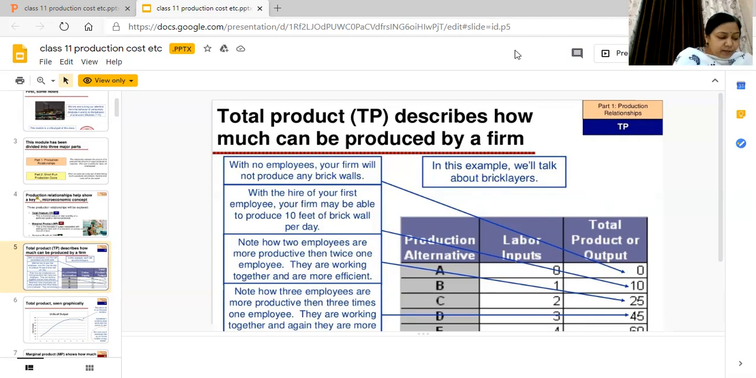Now the types of production. We are discussing the concept of production. There are three concepts of product: total product, marginal product, and average product. This year CBSE has deducted marginal product from your syllabus, only for the written examination. But we will study it here, because I will give a project or some assignment on that. So it is not deducted permanently. In the next video we will discuss the concept of